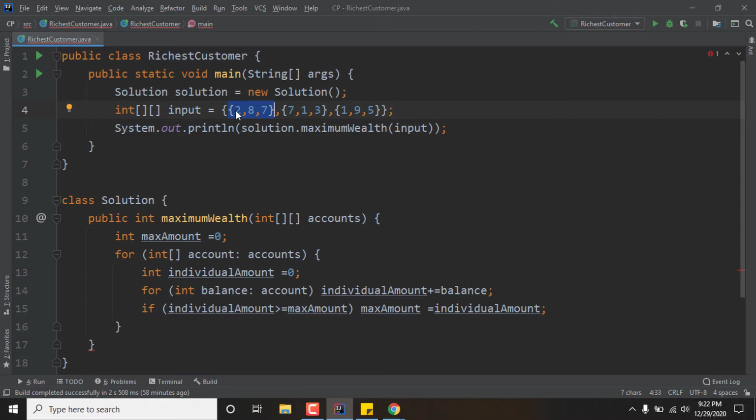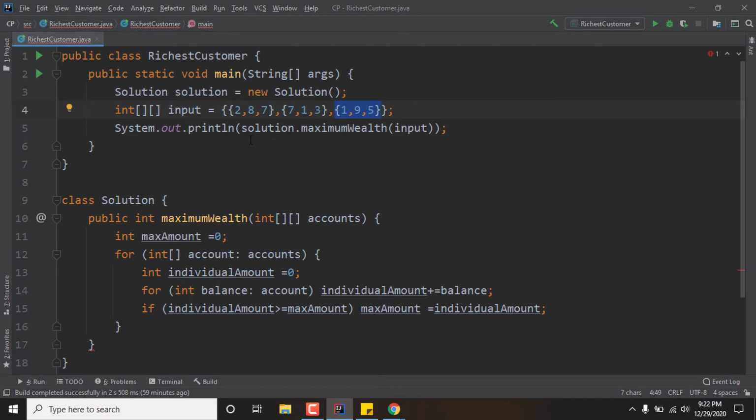and again we are finding the summation of these three and checking which one is bigger, which summation is bigger than the other. If this one is bigger, then we are storing the bigger value in max amount. Again we are iterating the last one.